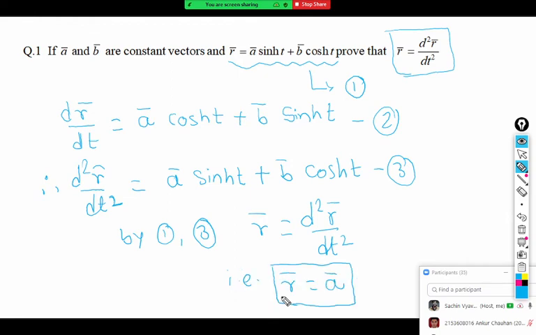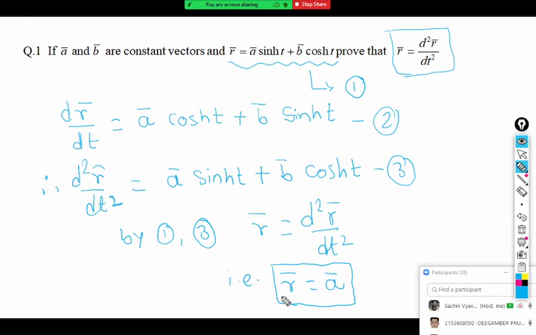And why is this happening here? Because the particle is moving on a hyperbolic path. So the direction of r bar and the direction of acceleration both are the same, that I already showed on the diagram. Those who remember, you can see that the direction of the position vector r bar and the direction of the acceleration vector a bar are both the same there, is it?